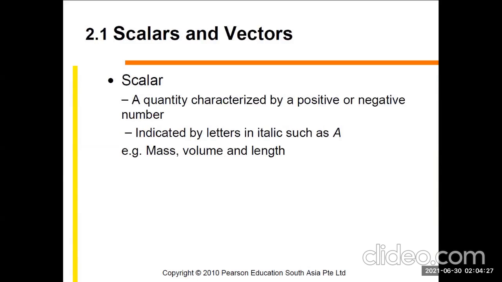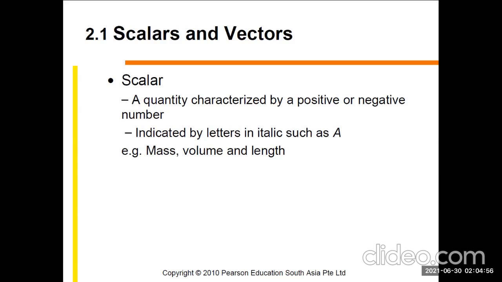First of all, scalar. What is the difference between a scalar and a vector? A scalar is a quantity characterized by a positive or negative number indicated by letters in italics such as A, like the mass, the volume, and the length. It means we are talking about a quantity that has no relation to direction. The mass is this amount of kilograms, the volume is this amount of meters cubed, the length is this amount of